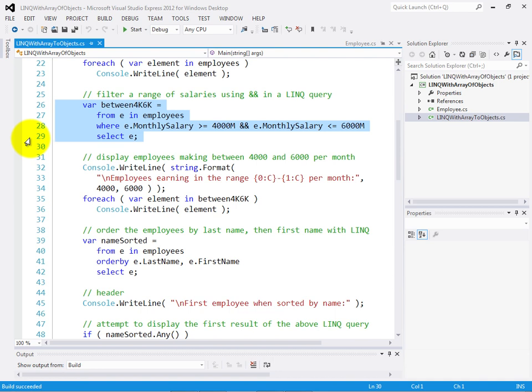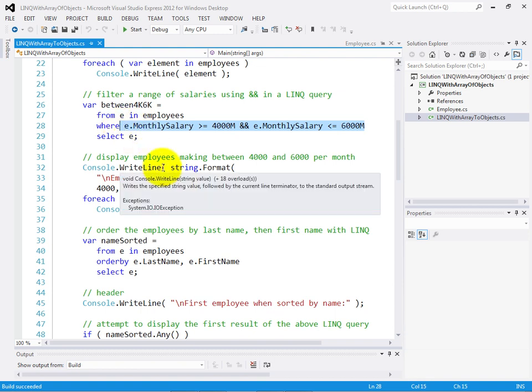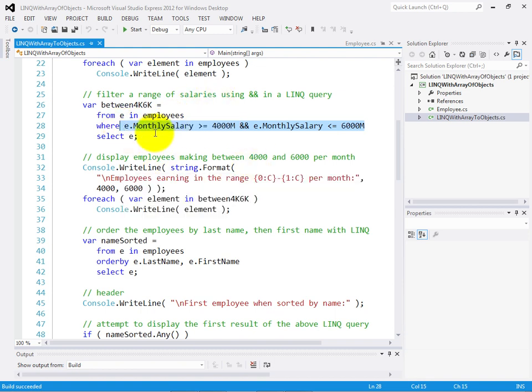For this query that we're about to look at, the purpose of the query is to find all of the employees that have monthly salary values greater than or equal to 4,000 and less than or equal to 6,000. You'll notice a couple of things about this where clause. The first is that we're using properties of an object as part of the condition. And the second is that we're using a more complex condition as well by combining simple conditions with the logical